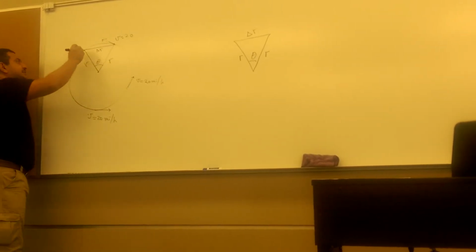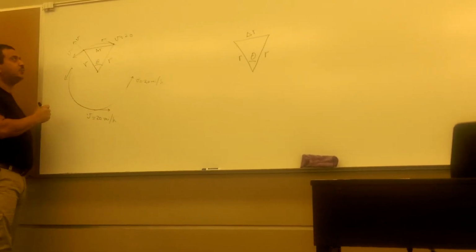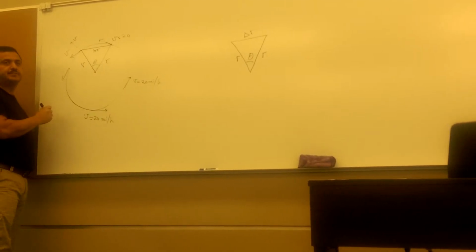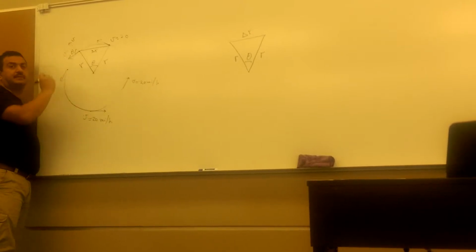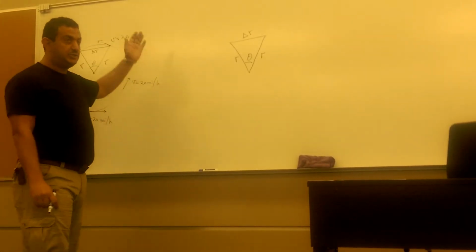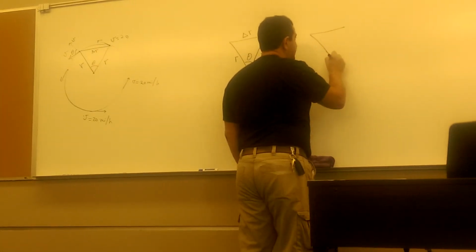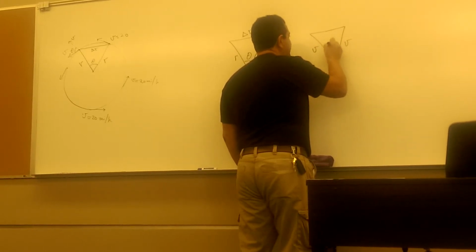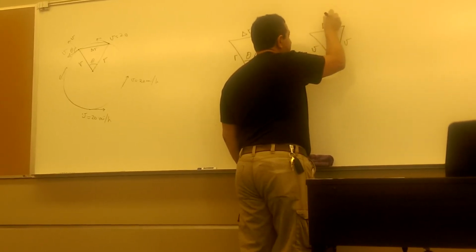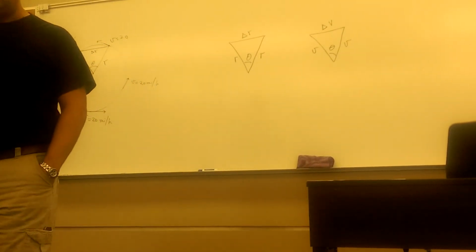So if I took this and drew it right in here, it will have the same length, and I'm going to keep the same angle. What is this angle? You guys agree? It shifts by the same angle. So if I draw this from here to here, this would be v in magnitude, this angle, and this would be delta v. Now, if we look at these two triangles, if you guys remember your trigonometry,